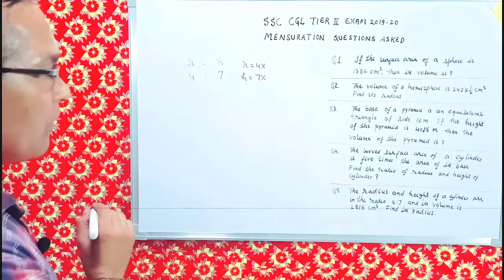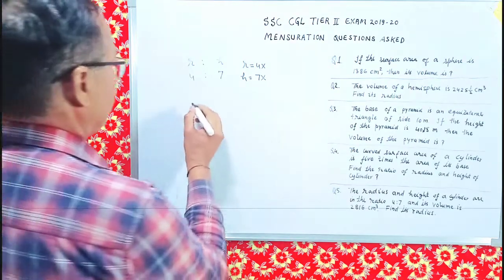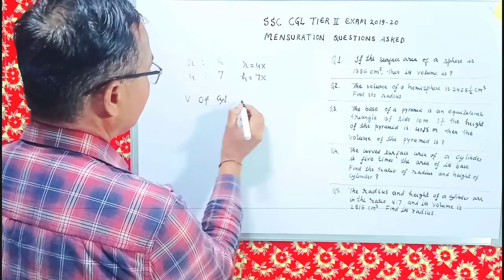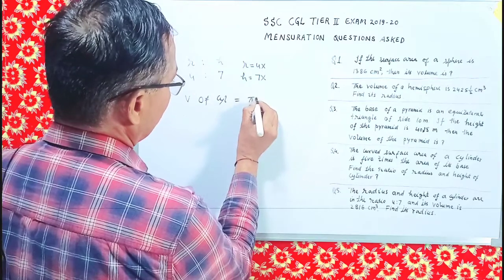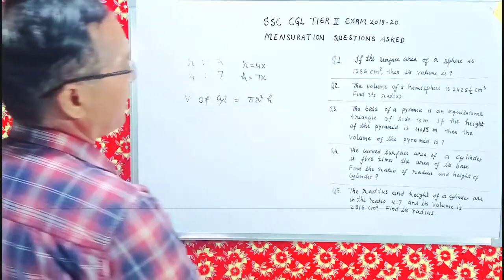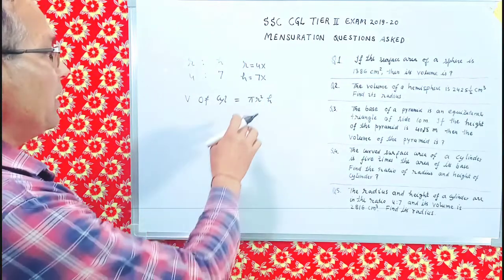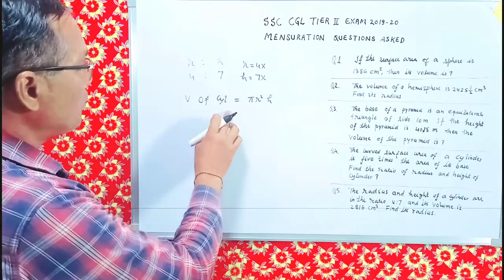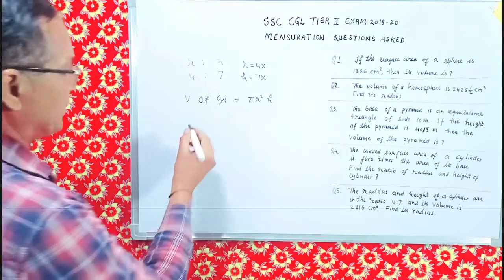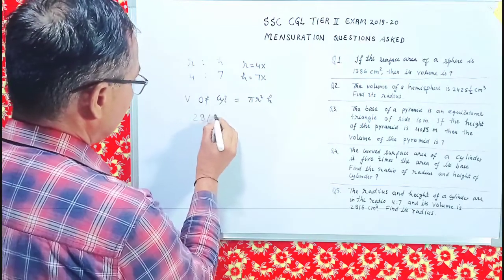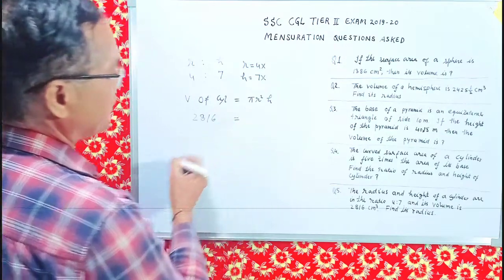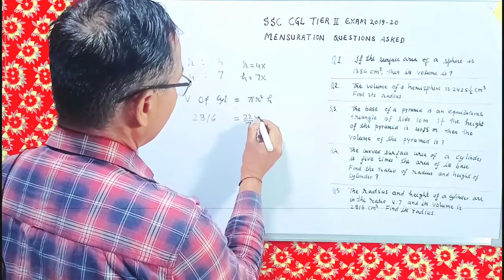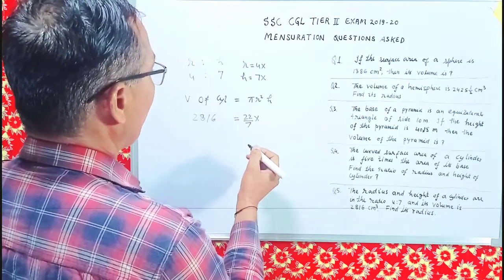Now the volume of cylinder is equal to pi r square h, because area of the base into height. Now the volume of cylinder is given 2816 cubic centimeter, and this pi is equal to 22/7 into value of